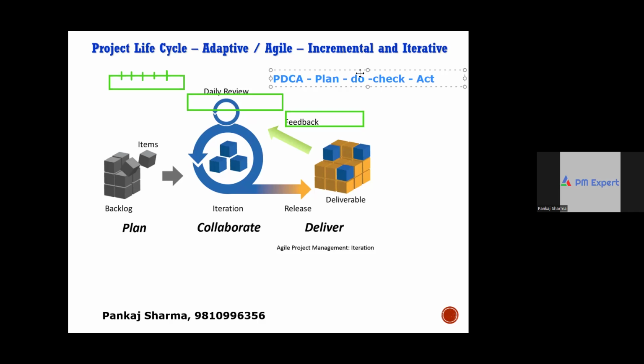Now, can any one of you tell me what is plan, do, check, and act? Then we'll see plan, do, check, and act with respect to these life cycle methodologies. What is plan, do, check, and act, guys? For example, if we plan a feature, we implement it, we test it, and if it is good, then we implement it. That is what act is. No, I think check is review here, and then act is acting on the reviews, retrospection and adjusting.